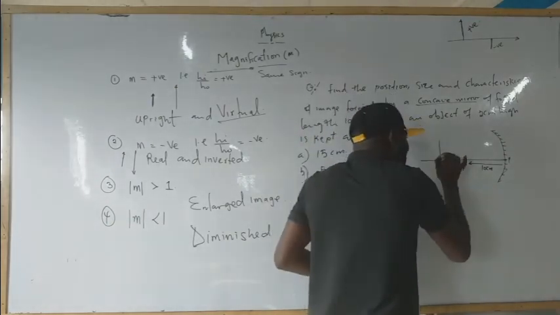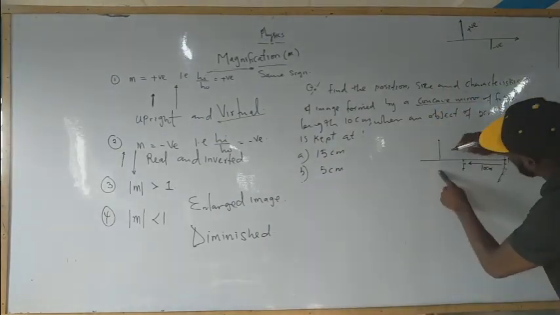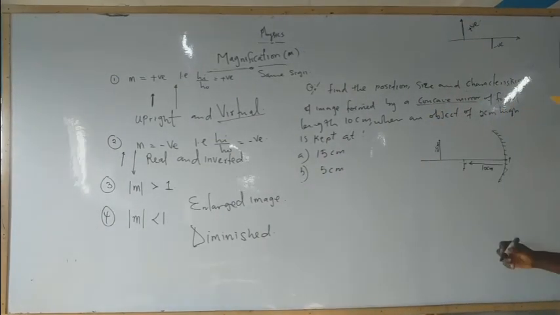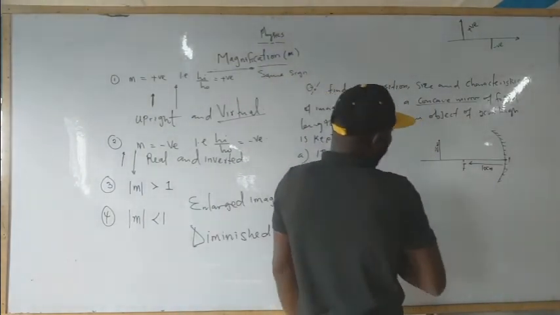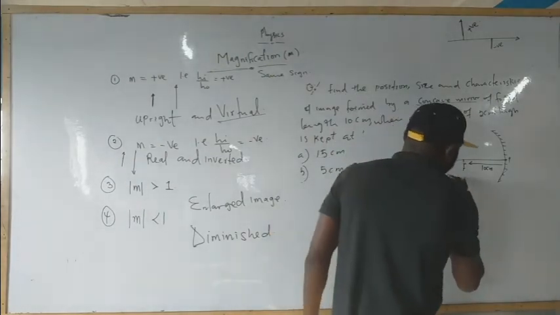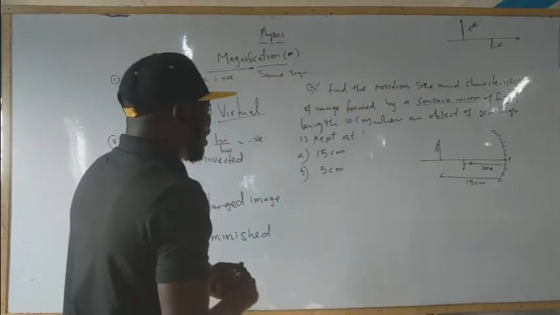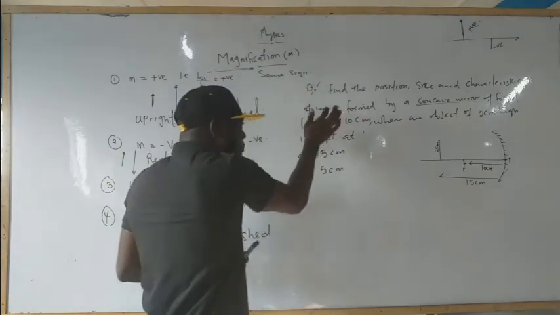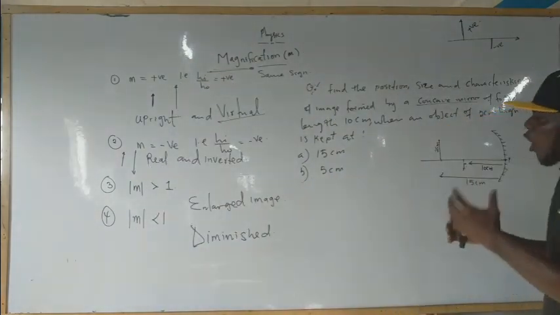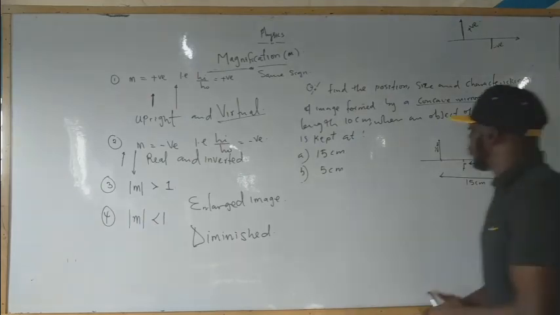So we can just mark this point to be 15 centimeter. The 2 centimeter high is the height of the object. Okay? So from here to here will be 15 centimeter from the pole. So what are we asked to find? I want to find the position and the size of the image. Where would the image be when you have the object placed behind F at a distance of 15 centimeter from the pole, if the focal length is 10 centimeter? Now